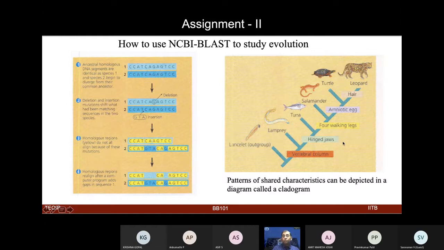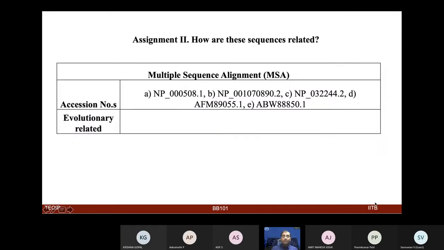BLAST is also used to look for evolutionary pattern analysis. And again, one could look at multiple sequence alignments. You found a sequence of interest; how is this sequence common in human and dinosaur and crocodile and other species? Are there certain parts which are common, or are they very, very different and unique?